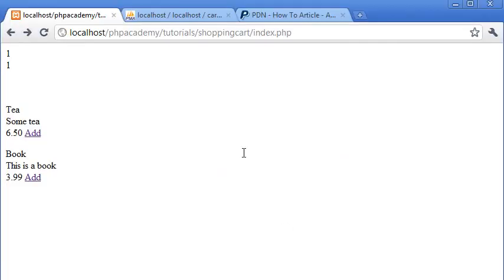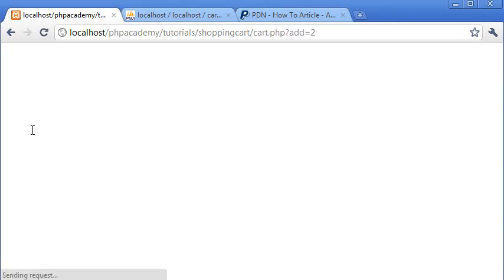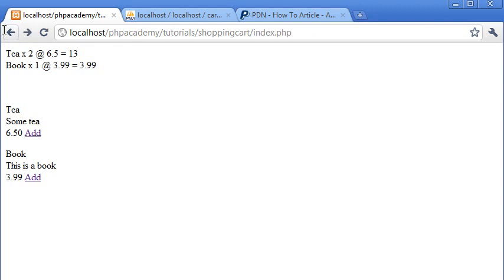Okay, so let's refresh. Okay, so at the moment we've got t times 1. So obviously at the moment we've only got one quantity of each item in there, so we've got 1 of t and 1 of book. But if I was to modify this, if I was to add another t, you can see that the quantity at the top will change. So we've got t times 2 at £6.50 each equals £13. Now obviously at the moment we've got 6.5 and 13, when ideally we want it to show 6.50 and 13.00,